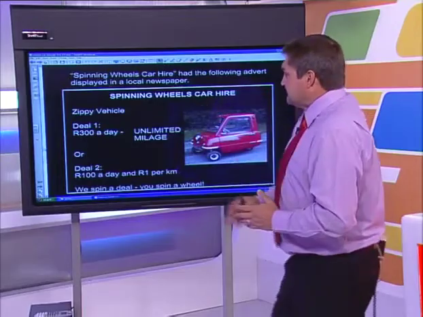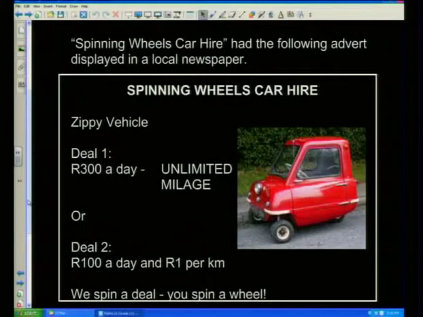Okay, so zippy vehicle deal number 1. So what actually happens in this whole scenario is basically this. You are wanting to impress someone. Guys, you're trying to impress your girl, and so you decide you're going to take her out on a date. There's only one problem. You tell her, I'll pick you up at 7. She says, oh, that's fantastic. And then you realize, I don't have a car.